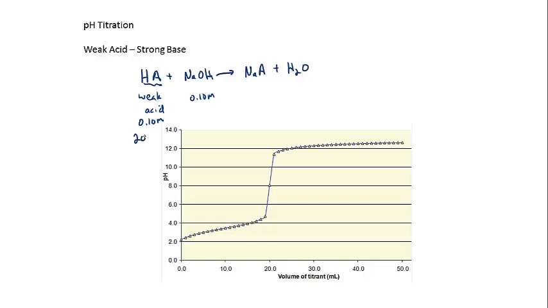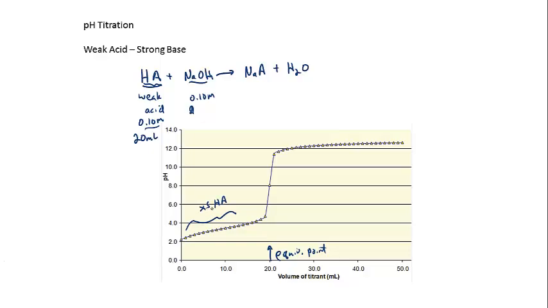In this case, we're starting with 20 milliliters of this. Because we have the same concentrations, our equivalence point is where the same volume is used, so the equivalence point will be at 20 milliliters. That's the equivalence point, which is the end point. Now what happens here is that when we have 0.1 molar weak acid, the pH is above 1 because not all of that ionizes in solution. So a certain amount ionizes, and you start with a solution that's acidic, but not as acidic as if it was a strong acid. And as you go along, you have excess